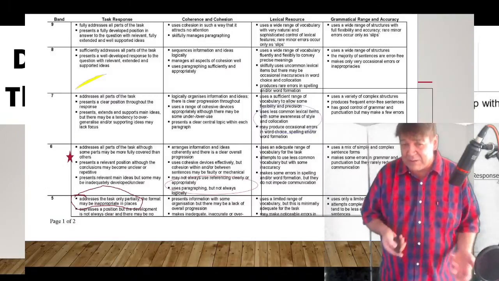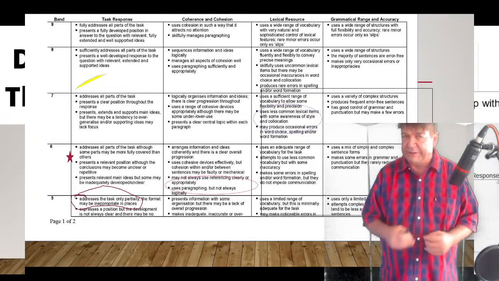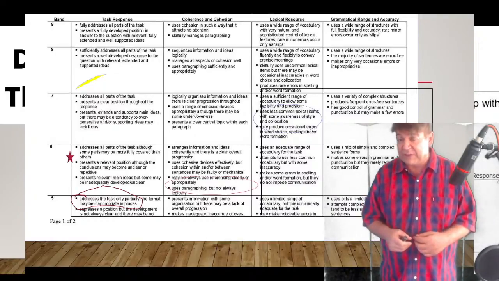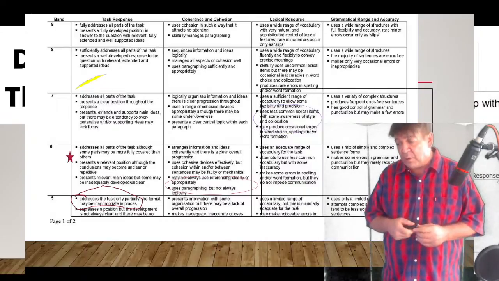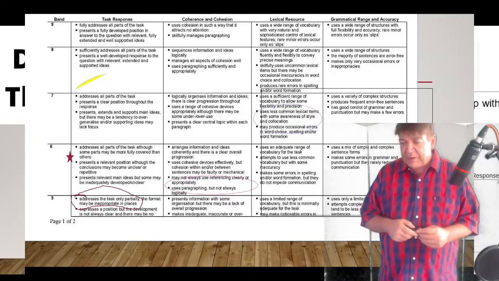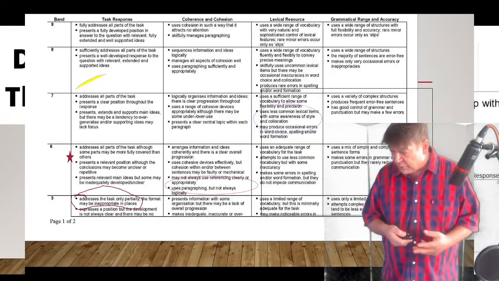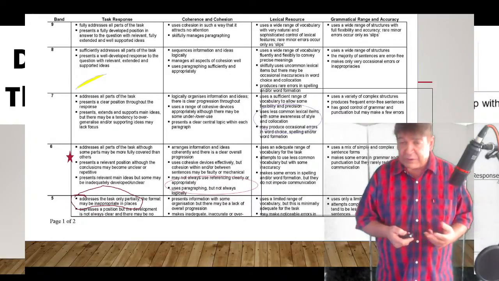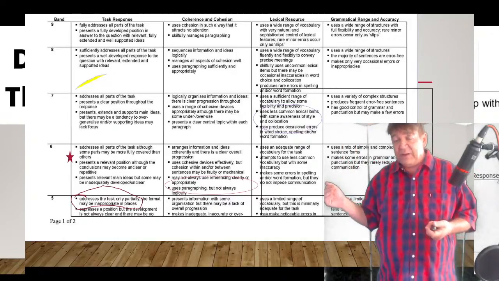So when you look in the band descriptors, it says addresses the task only partially. Okay? The task here is why and how, and you've partially addressed it in your 2 paragraphs. But you certainly had not got to the point where you addressed all parts of the task. Okay? So 5 or 6 there for a task response. And if we look at your other ones, coherence and cohesion, solid 6. Lexical could be a 7. Grammar also very good, 6 or 7. So 5, 6, 7, 6 is a 6.